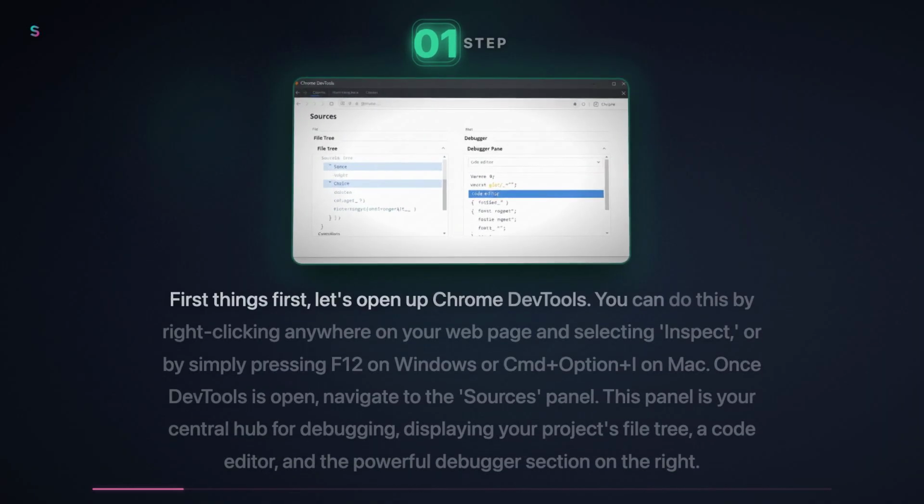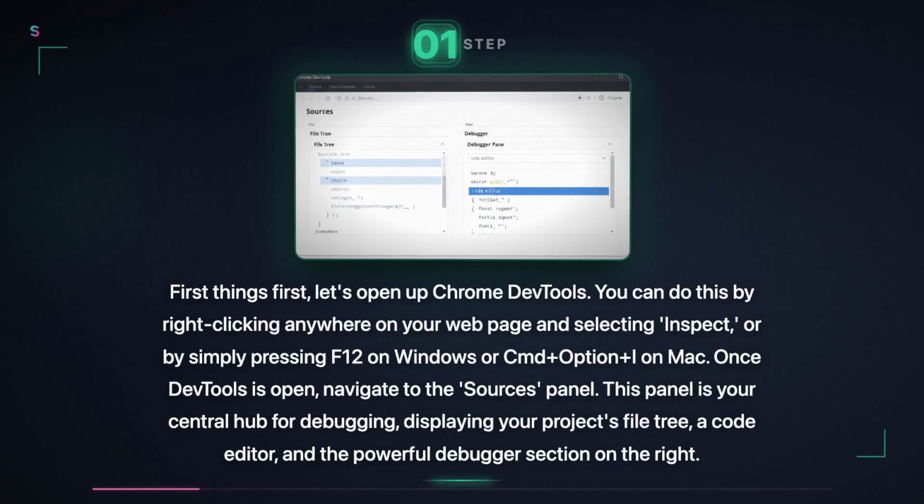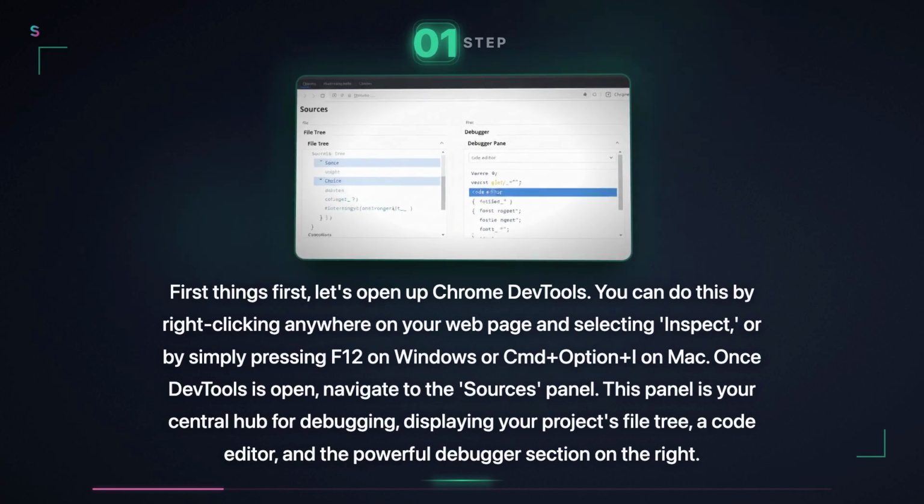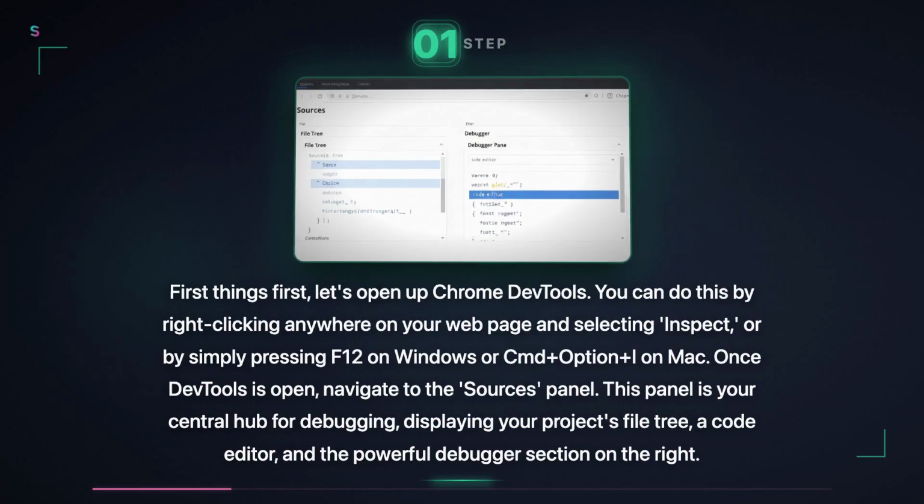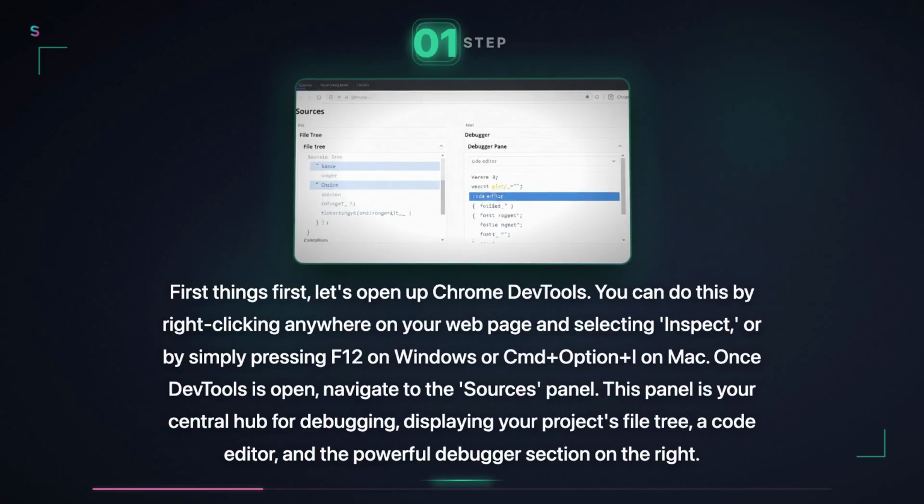First things first, let's open up Chrome DevTools. You can do this by right-clicking anywhere on your web page and selecting Inspect, or by simply pressing F12 on Windows or Command-Option+I on Mac. Once DevTools is open, navigate to the Sources panel. This panel is your central hub for debugging, displaying your project's file tree, a code editor, and the powerful debugger